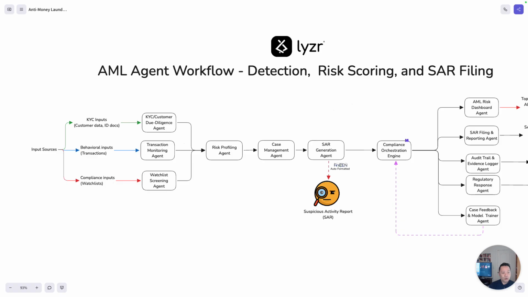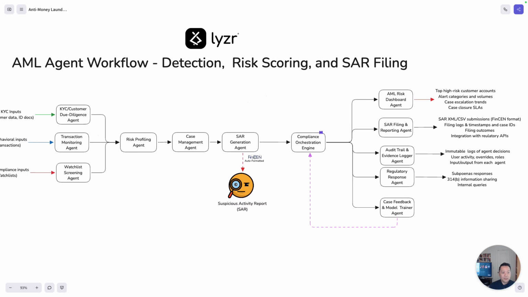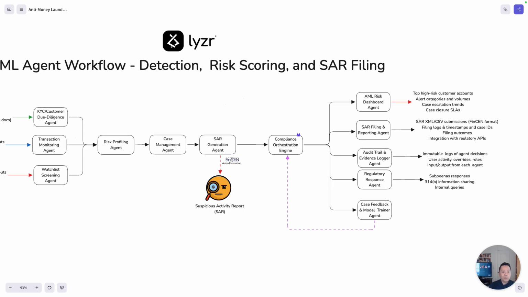The compliance orchestration engine serves as the front end for the banking employee to work with this agent. It can produce a number of different outputs, including a risk dashboard in order to show the banking employee all the key areas that need their attention for that day. It can also generate a number of SAR filing reports automatically, including audit trails and filing outcomes and other financial